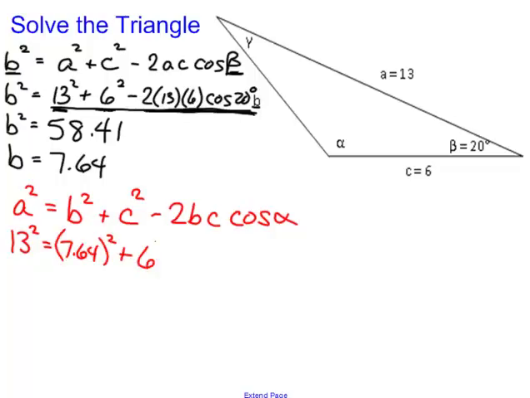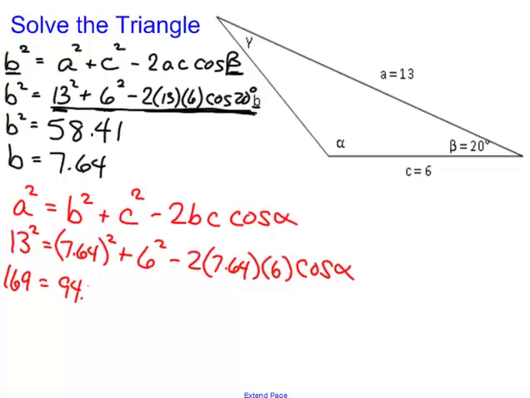C is 6. And we can plug those in again for B and C here. And we're solving for the angle alpha. Now, going through and evaluating here, we end up with 169 equals 94.3696 plus 30, I'm sorry, I just skipped ahead a little bit here. When we evaluate this part together, we end up with 94.3696